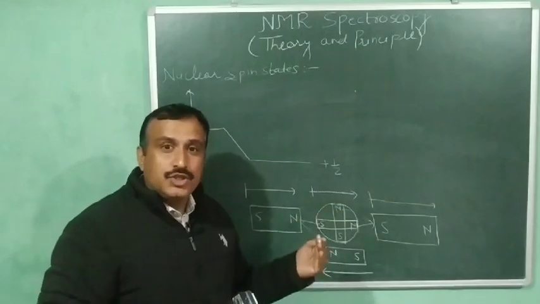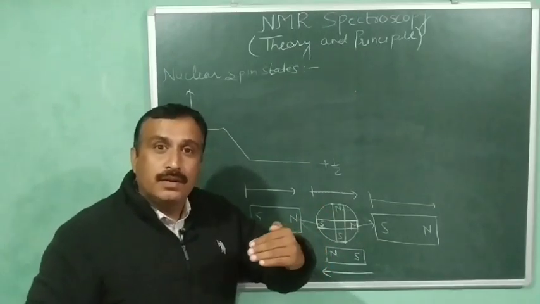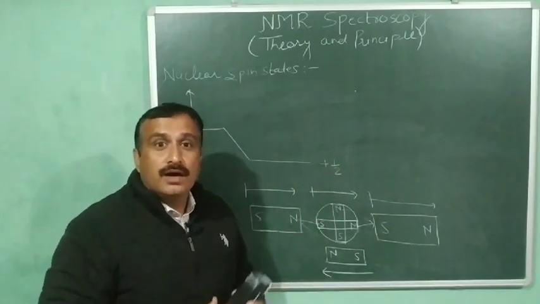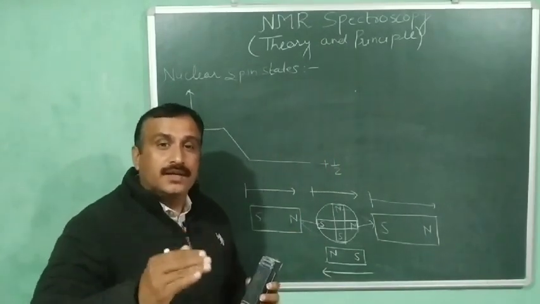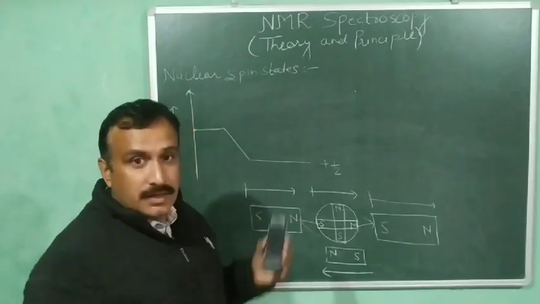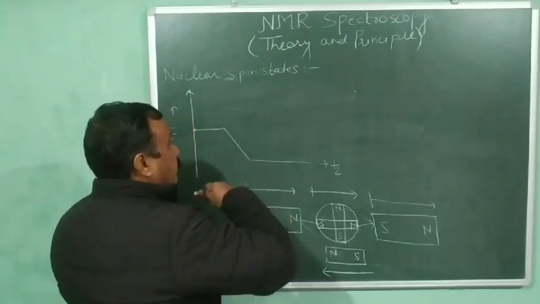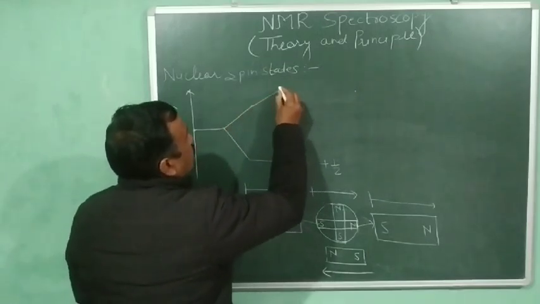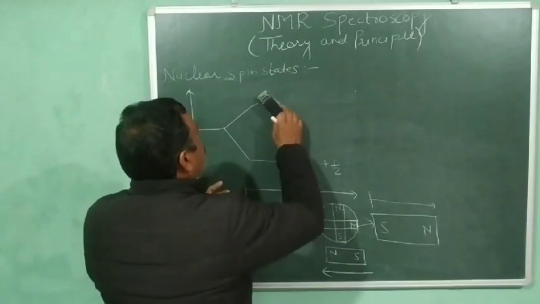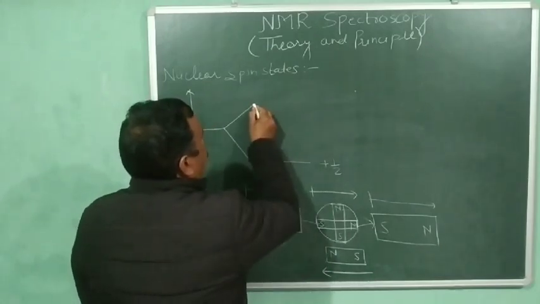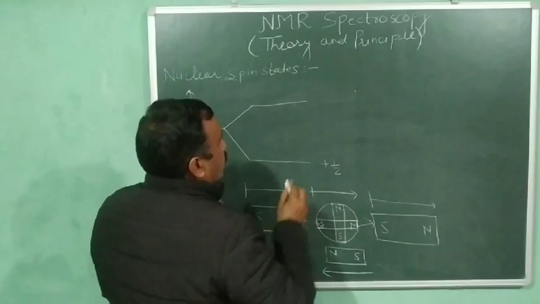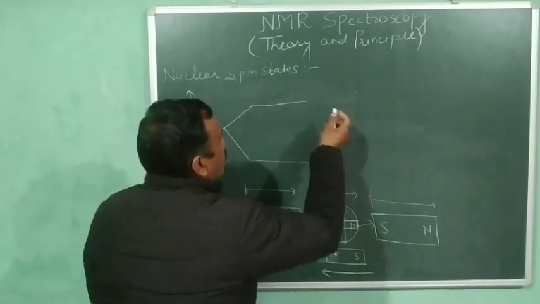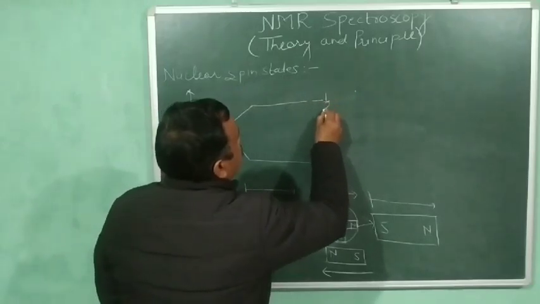So the energy of the proton nucleus will increase when it is aligned against the external magnetic field. I am representing it here: its energy will be increased, like this. Then this proton will be in the higher energy state,